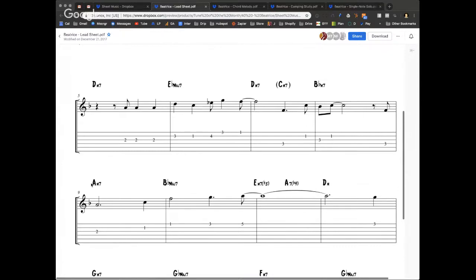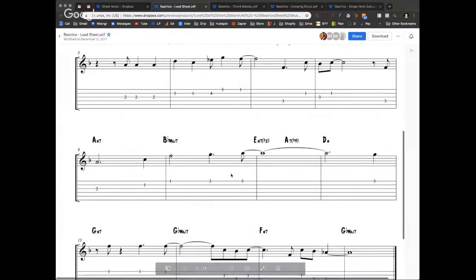And guess what A does? A does that same thing. We have an A minor, then we have a B flat major 7, which is a half step up. And then the part that we have the held note here is just a tiny bit different, because that's the point where people typically at jam sessions will do a crescendo. So starting from A, I'll just sing. So dum, da, da, da,